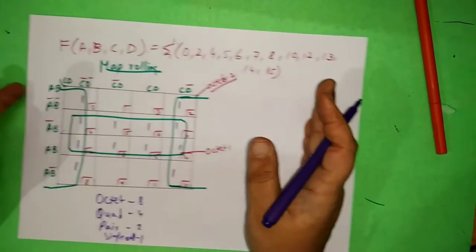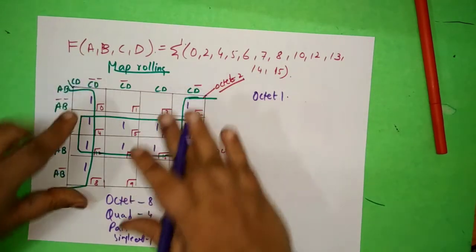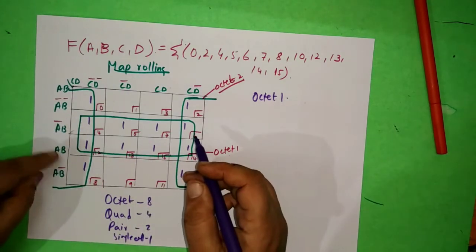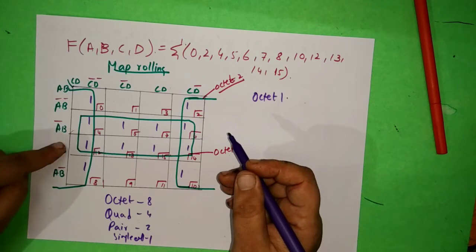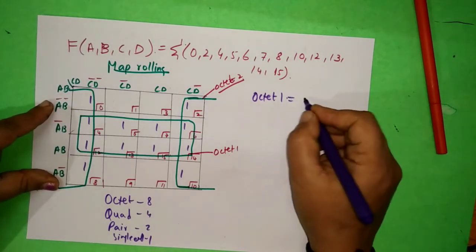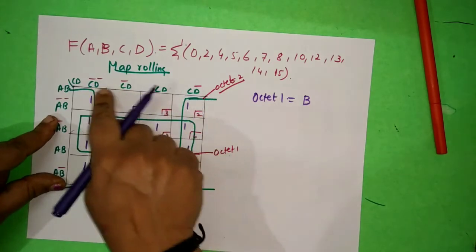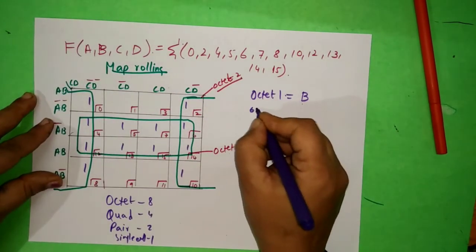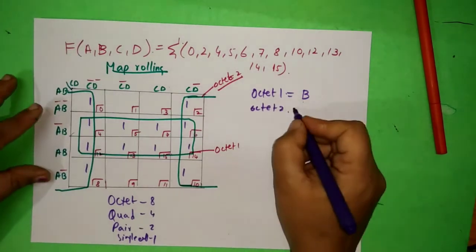Like last time as I told you, if you take the octet 1, that means leave out the other thing, only this box you concentrate. If you see here, A complement has become A, isn't it? But B is remaining unchanged in these two cells. So we have the B here. And if you see here, C complement has become C and D complement has become D. So octet 1 value will be B for us. But if you write like this, it won't give you marks. Remember, this is only for checking purpose.